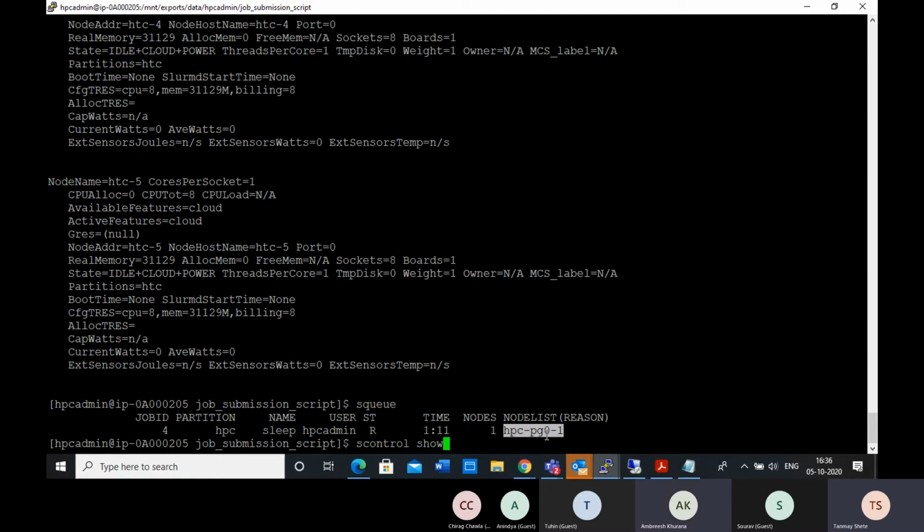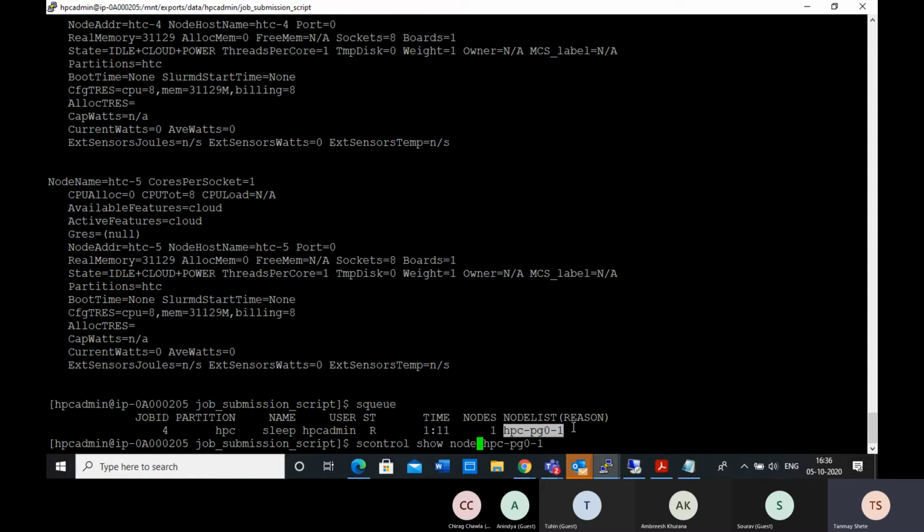Does this SQ also tell us, or how can we know about the number of cores that are currently running? Yeah, it shows actually. Right now it is only one, so it did not give :1, but otherwise it will give you the :1 here. In this node list, you will get how many cores it is using.